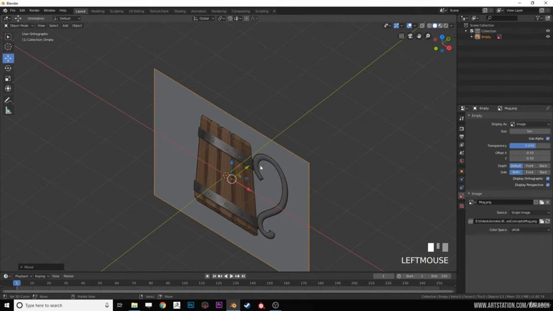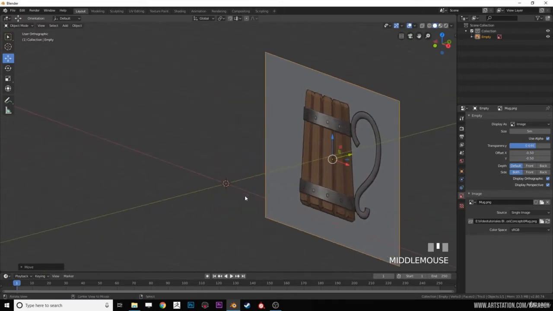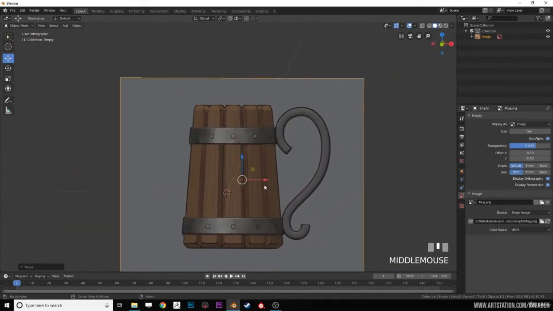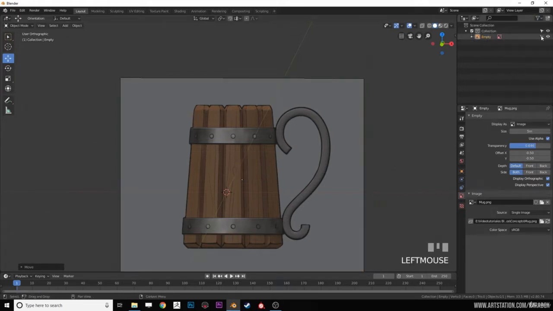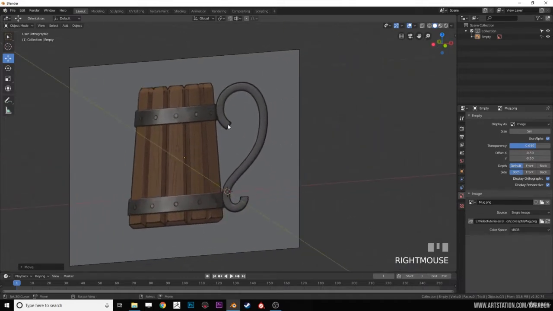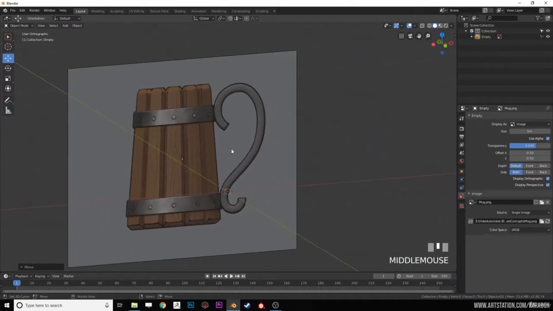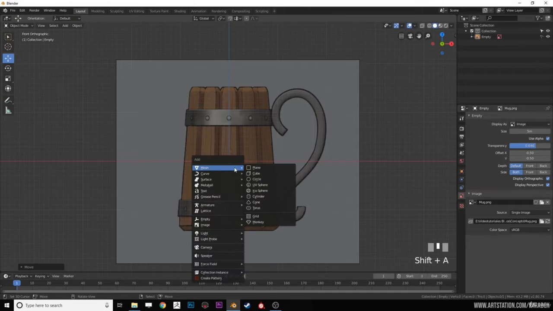Now let's move this image a little in the Y-axis to avoid intersection with the objects that we are going to create. And also let's add here the selection arrow and turn it off for the reference image. This is to avoid selecting it by accident. Okay, now that we have this image located, we are going to add a cube,